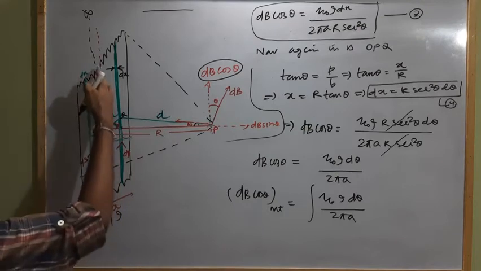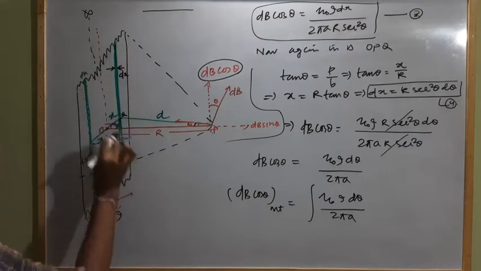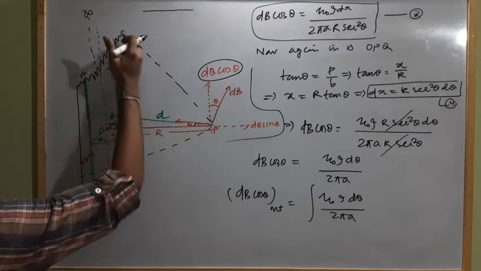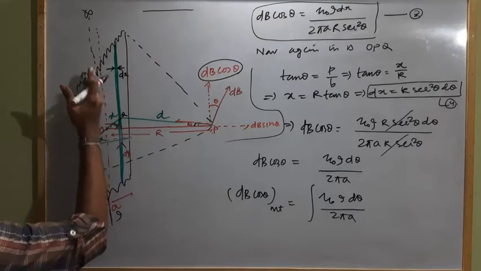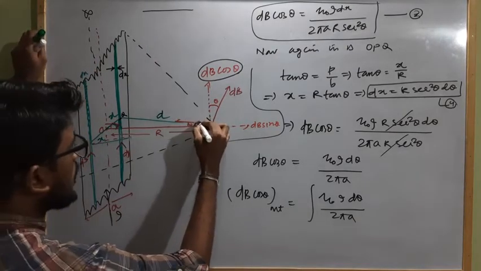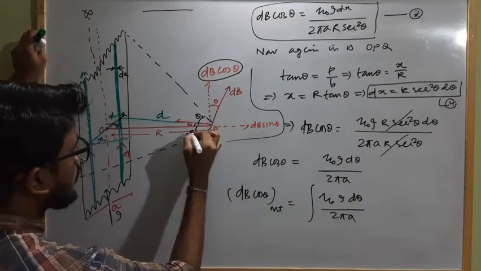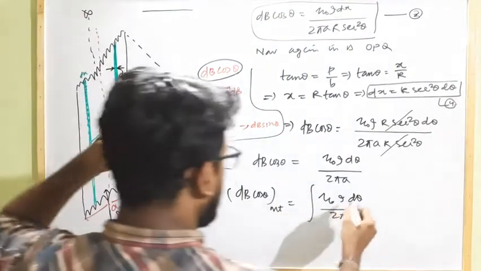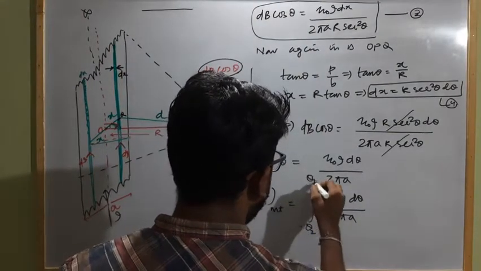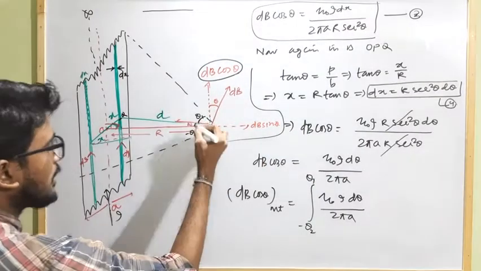Clear? This is the segment, and here I am assuming a thickness dx of an infinitesimal strip, and this strip can vary from this bisector up to this edge, and again on the left-hand side from this bisector up to this edge. So if this will be theta 1 and this will be minus theta 2, here theta will be variable, varying from minus theta 2 to theta 1. Now we have to find the value of theta 1 and theta 2.